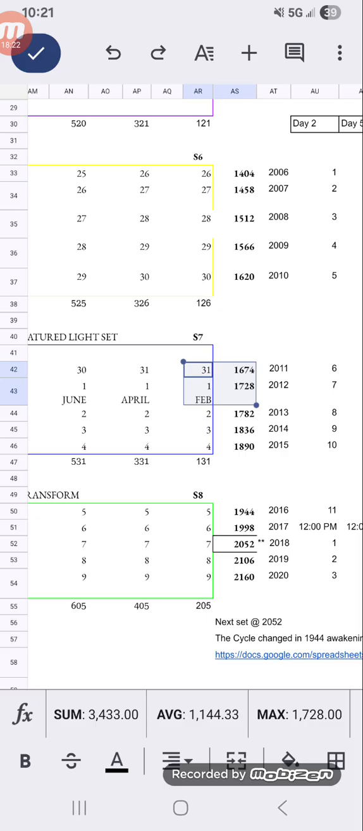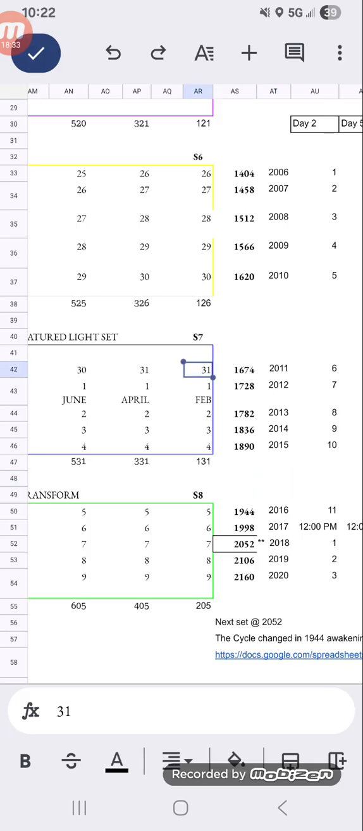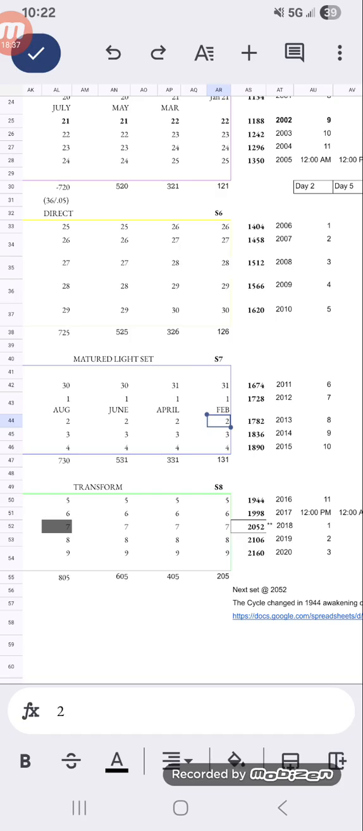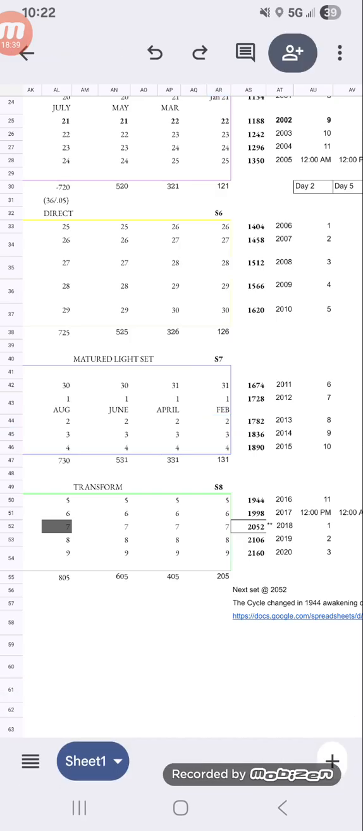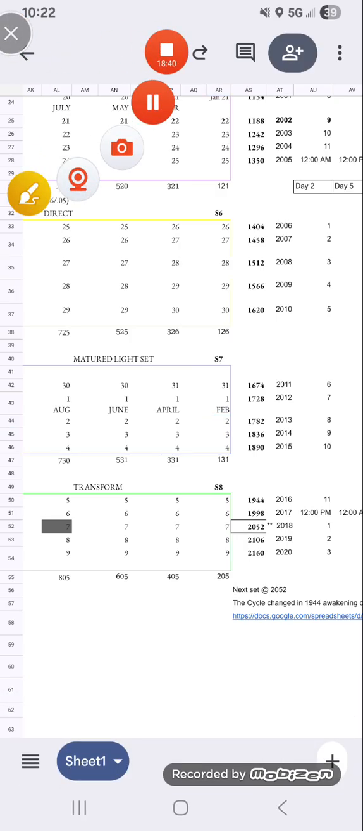So 31, 32. I know this says different calendar months, but the count of it, 31, 32, 33, anything over the horizontal, this change here. So let me go back